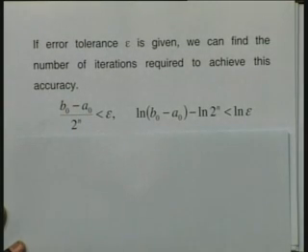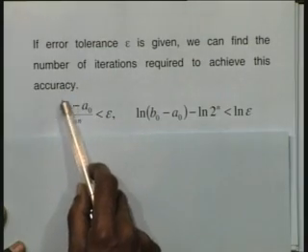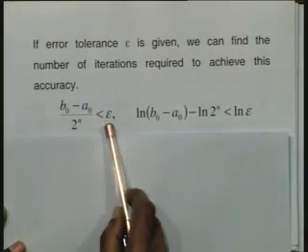Let us suppose finally I say that the root lies between 0.156 and 0.156525. So, these two are agreeing to 3 decimal places. So, we are finally going to locate the root in the interval in which a naught and b naught, the difference between them is less than the given accuracy epsilon. So, this is the quantity that we have, that is, the length of the final interval is less than epsilon.